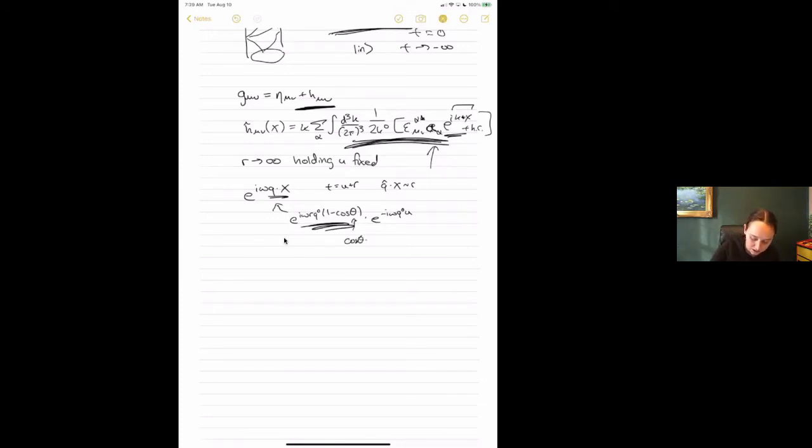cosine theta is q hat dot x hat, the angle between the direction I'm pointing at the next guy and the momentum that's going. So this intuitively makes sense from the point of view that if I send a particle in a given direction, then it should land on a point that's pointing that way. So, obviously that's not obvious when you're not going to infinity. You can have some impact parameter and then you're not going to be aligned with the direction in which your momentum is going. But when you go to very large distances, you have that.